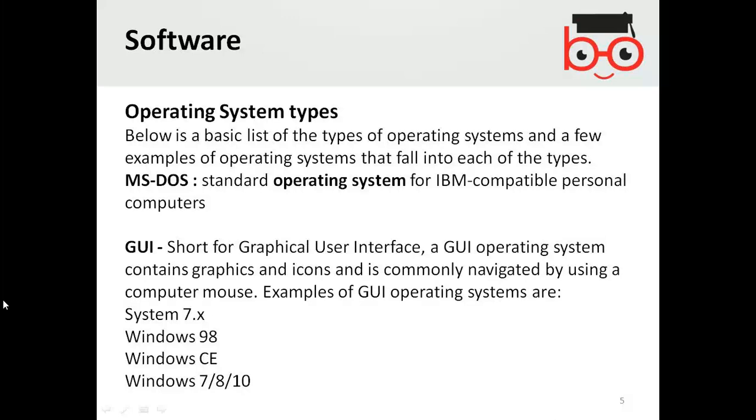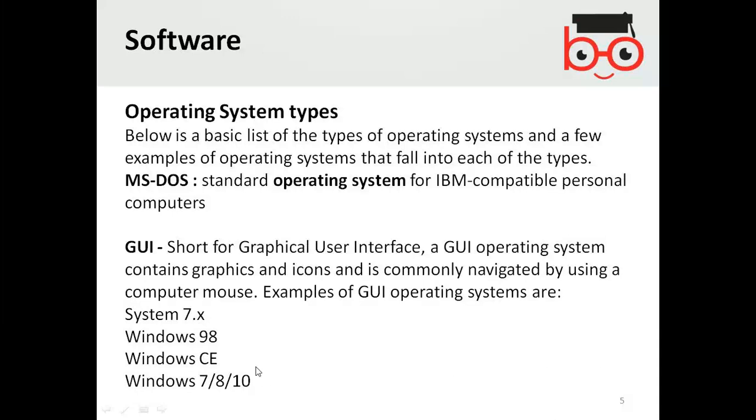And then the others are the GUI based software. GUI is short for graphical user interface, operating systems containing graphics and icons, commonly navigated by using a computer mouse. Examples are System 7, Windows 98, Windows CE, Windows 7, 8, 10.